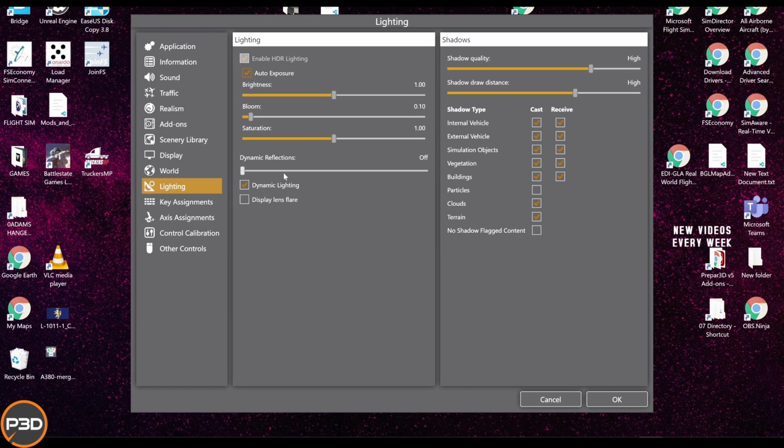Dynamic lighting, I leave on, but I leave the reflections off. Again, these are things that are baked into models sometimes, so you still will get dynamic reflections if you have this switched to off. I untick display lens flare because we don't have glass eyes. It's a bit unrealistic. The rest of these are your personal preference, but the one thing I would say is